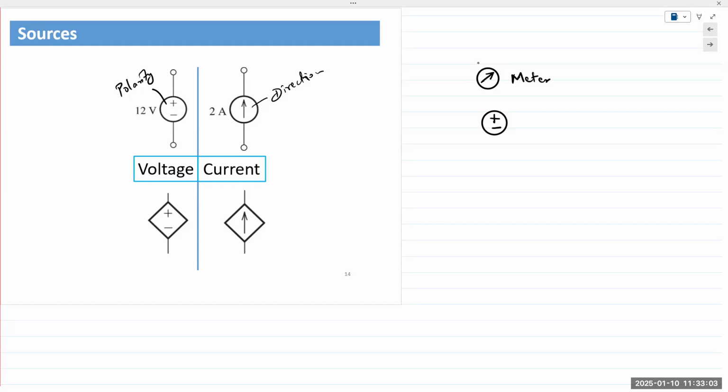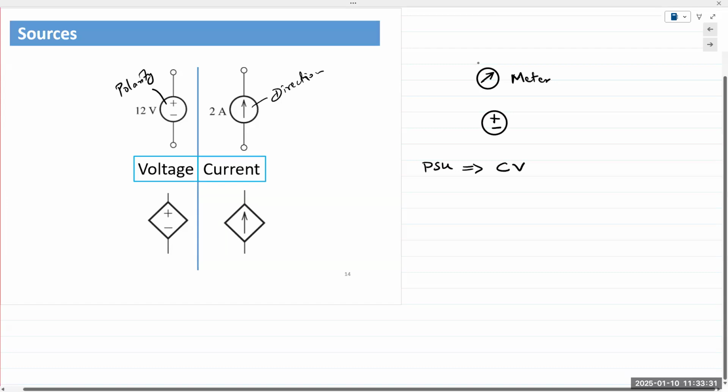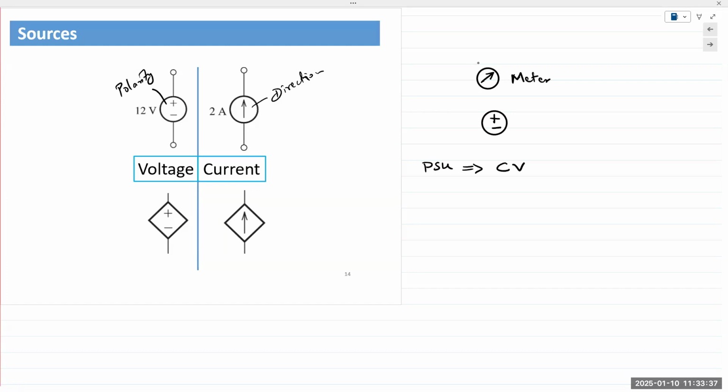If you run that power supply unit, the PSU, in constant voltage mode, CV mode, then it's a voltage source. But at the same time, that voltage source is supplying current. You cannot have voltage without current. You cannot have current without voltage. But it keeps the voltage constant. It would vary the current. If it's a 1 volt source and a 1 ohm resistor, current is 1 amp. If it's a 1 volt source and a 10 ohm resistor, current is